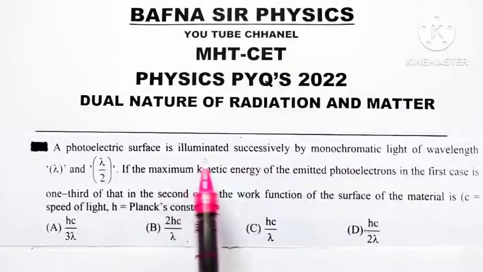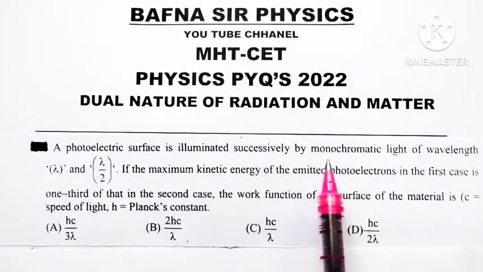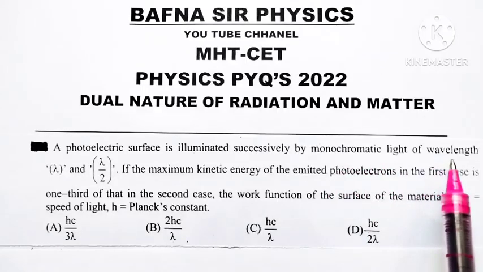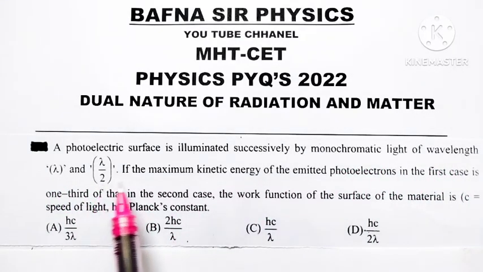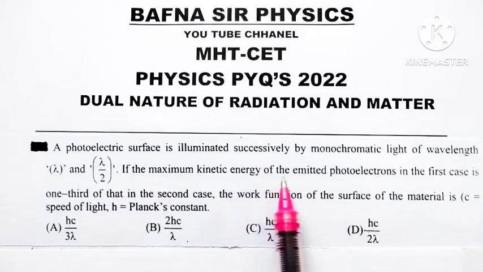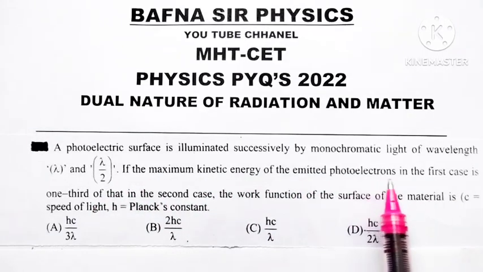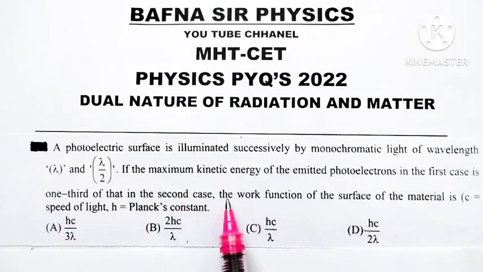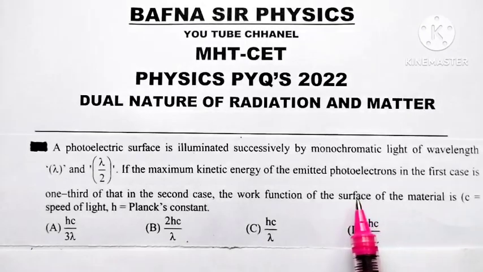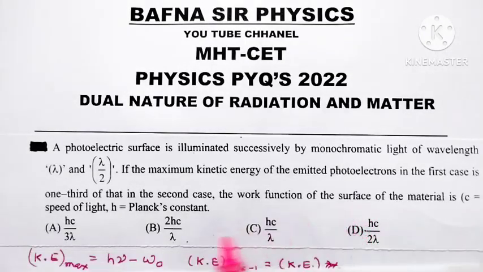A photoelectric surface is illuminated successively by monochromatic light of wavelength, first by lambda and then by lambda by 2. If the maximum kinetic energy of the emitted photoelectron in the first case is 1/3 of that in the second case, then the work function of the surface of the material is... see what is given here. We know Einstein's photoelectric equation,